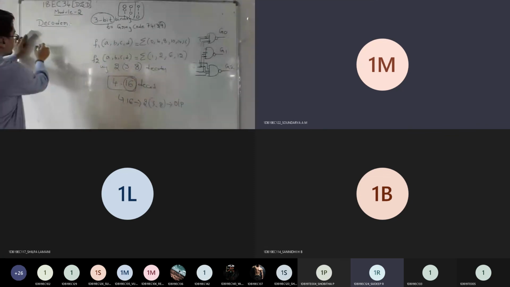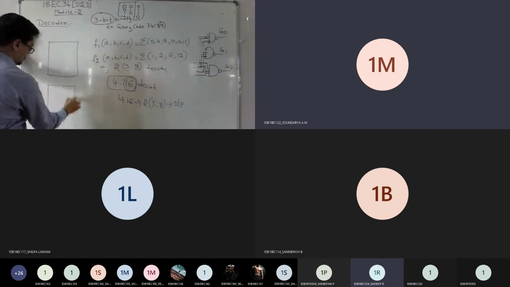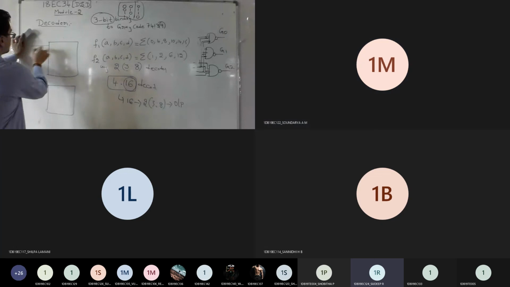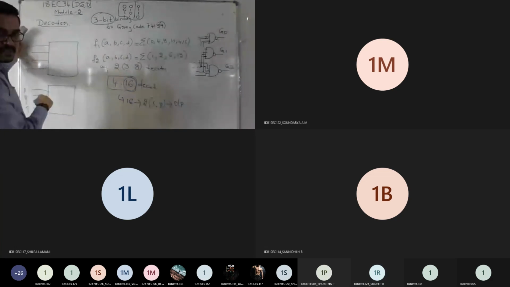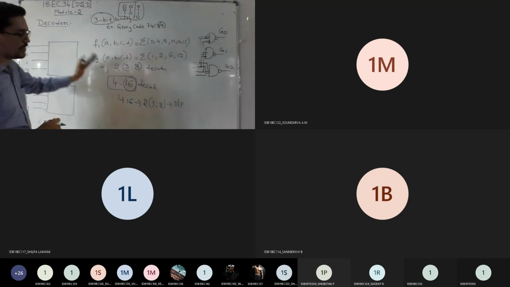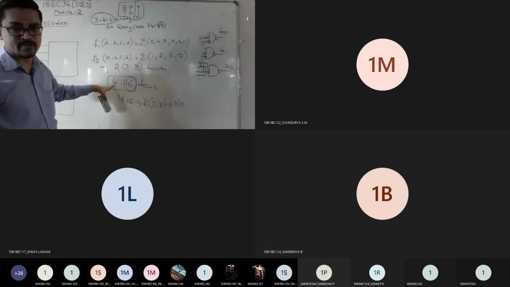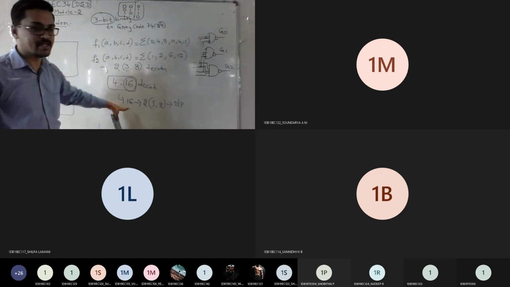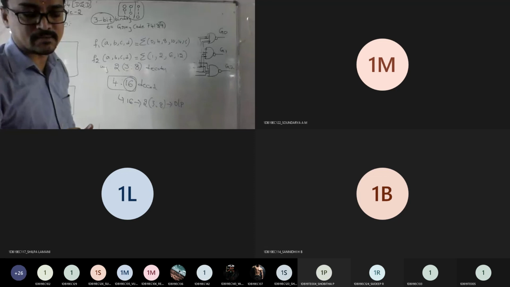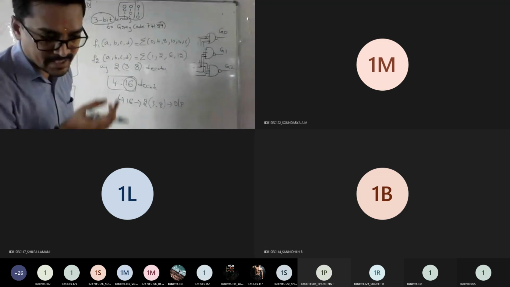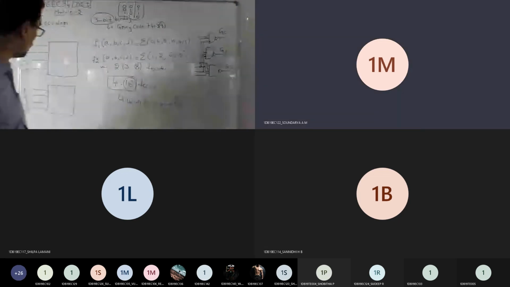Is it visible what I'm writing? Just check here. Okay, fine. See, the question is like this. We have 4 inputs A, B, C, D. If I take one more A, B, C, D, it looks like 8 inputs followed by 16 outputs, like this 4:16. But I am not using this. I need to use this. It means what I should do? I need to make one input ground. Agree? Yes, sir.